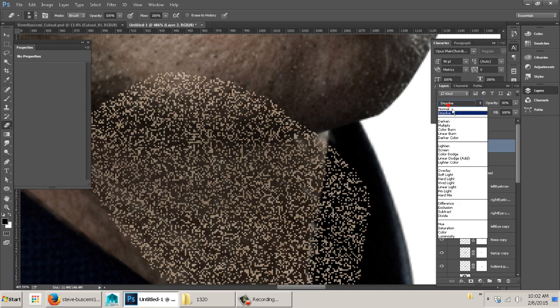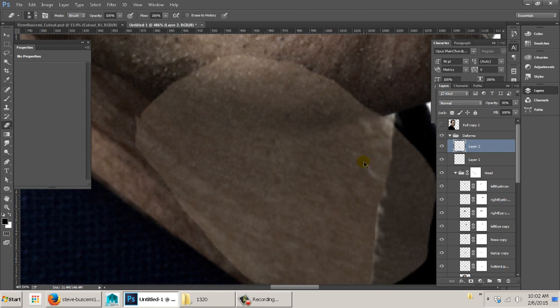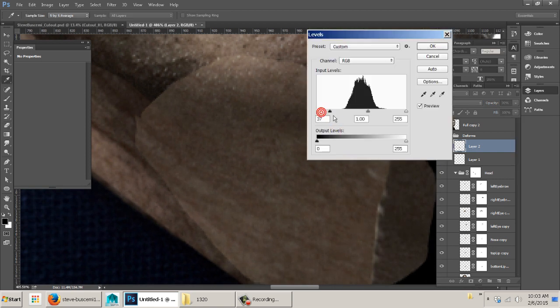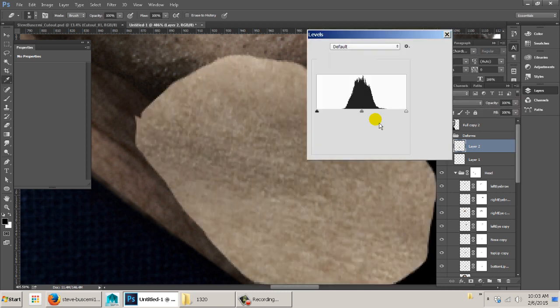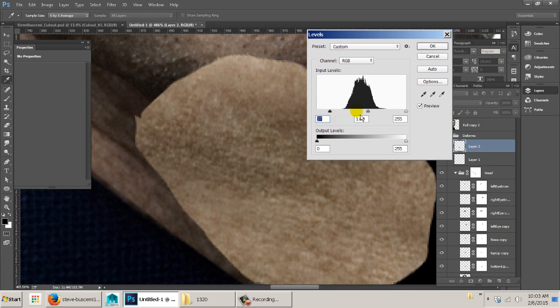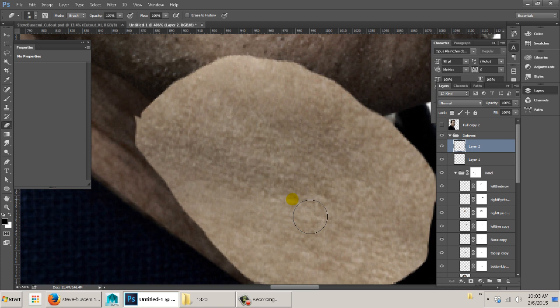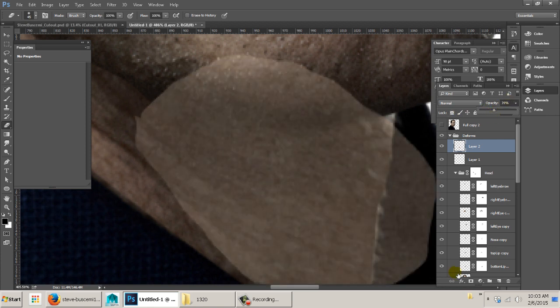I can also keep it on normal, but do a levels, so I hit Control L, and I can adjust what this piece is looking like. Oops. Let me make sure my opacity is back up to 100. There we go. Then hit Control L. Okay, even going into the different channels, I can start tweaking what this is going to look like in here. I can also simply just take the opacity down. Okay, and then just using a layer mask,